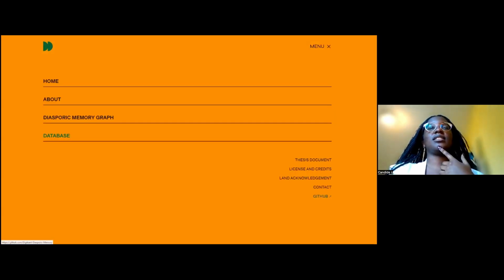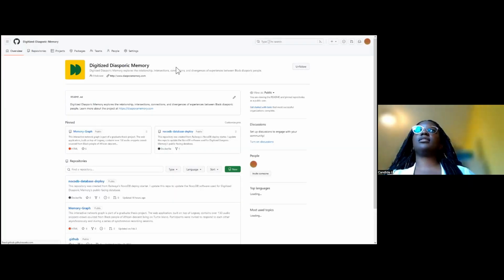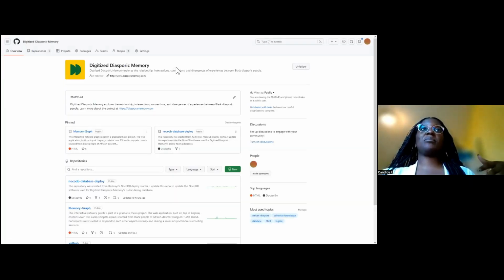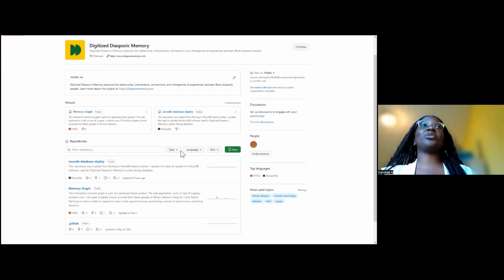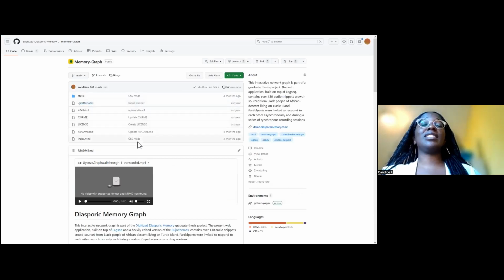Where is it? Yes, here it is. I have a GitHub where I put as much as I could out there as open source. So the memory graph itself is on GitHub. If you wanted to look at the files and inspect those, it's out there.